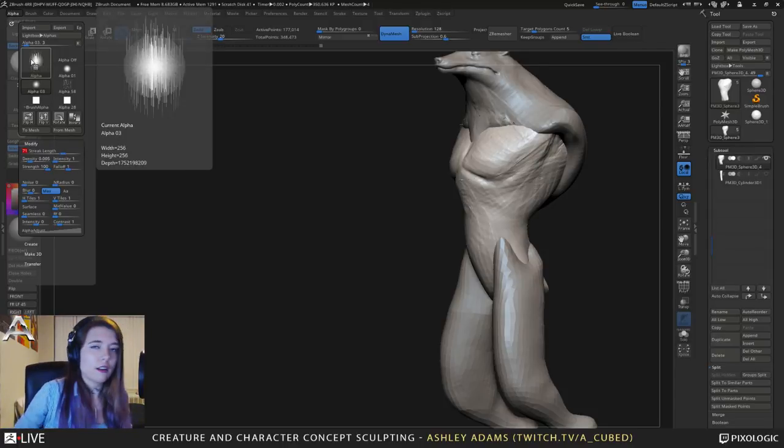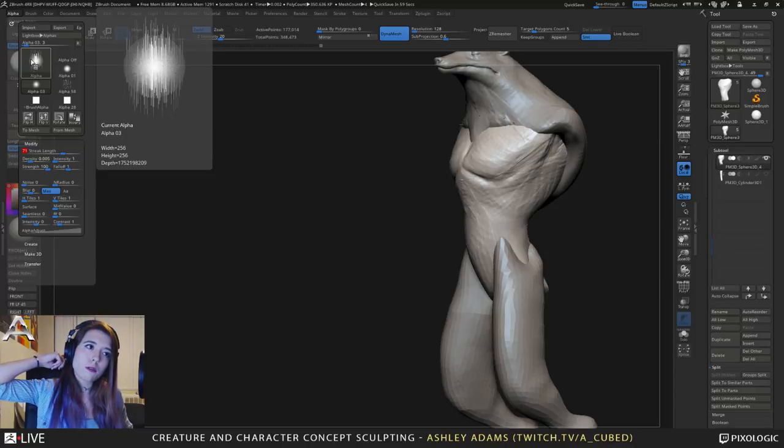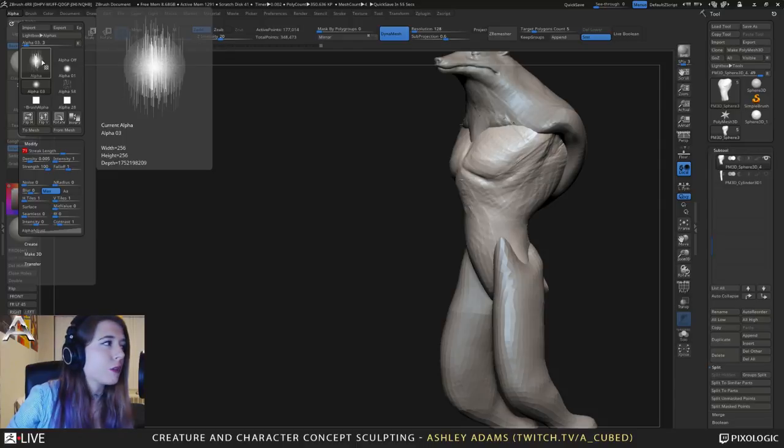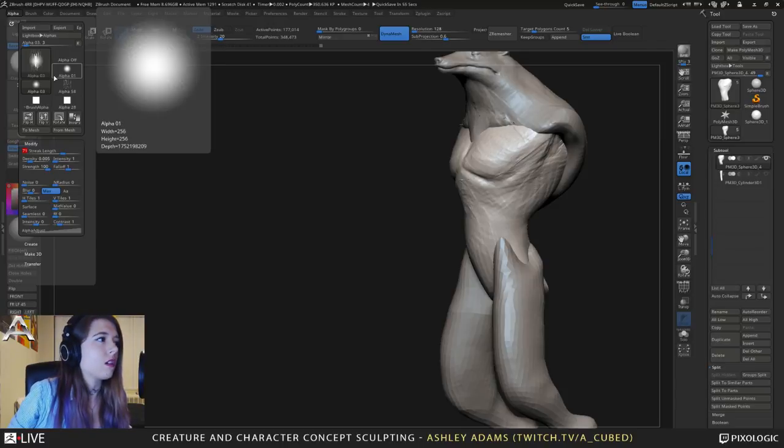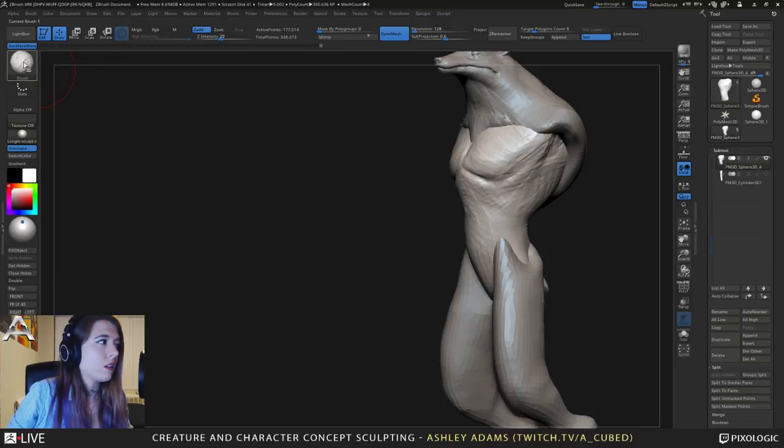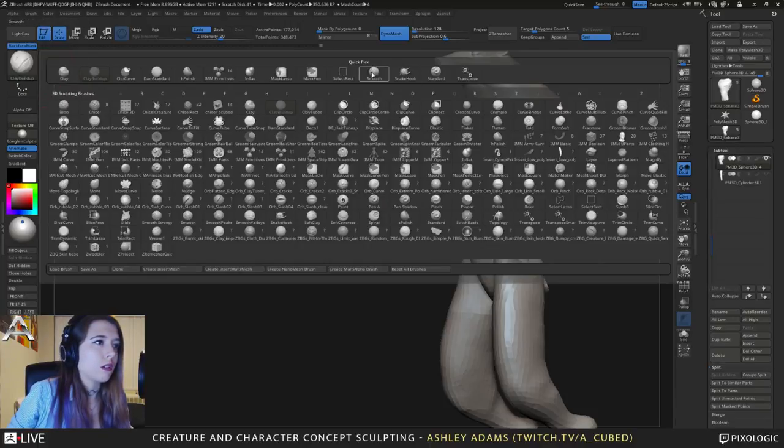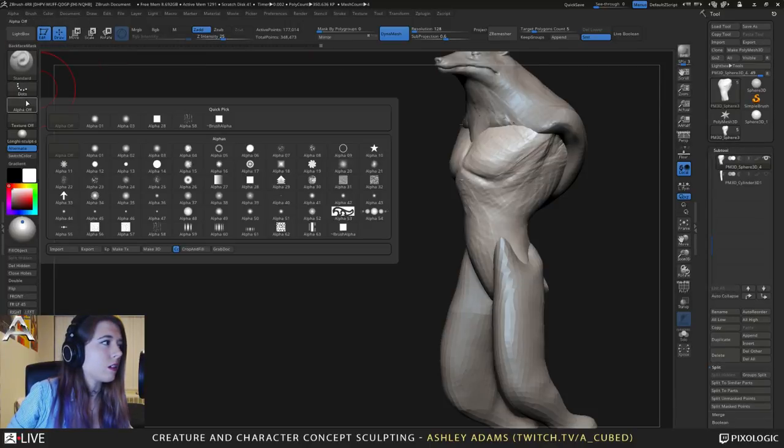I saw that Pablo from the ZBrush guys actually did some cool stuff with the streaking things during the beta. I think he posted those images on the beta thread, so you can go and check those out. But yeah, in short, if we go and grab the standard brush and put that